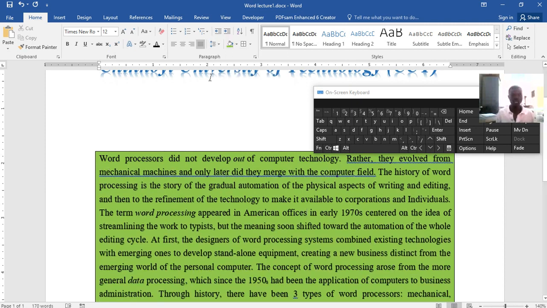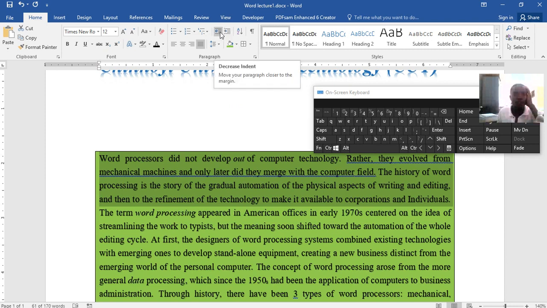Right, so that's it on paragraphing, but we are not done. We are going to work with the bullets and numbering. Right, so here let's say I highlight this text, highlight only this section of my document, and I click on this one. This is the button that is used to decrease the